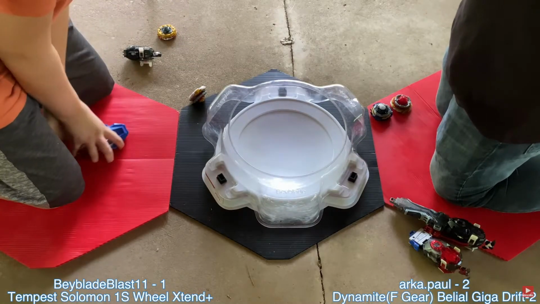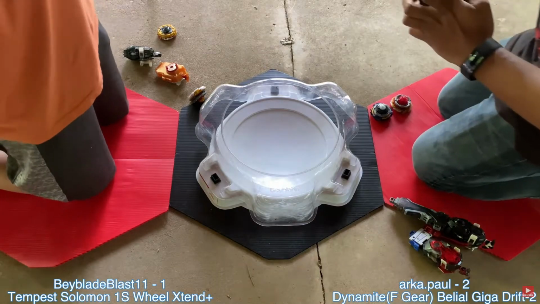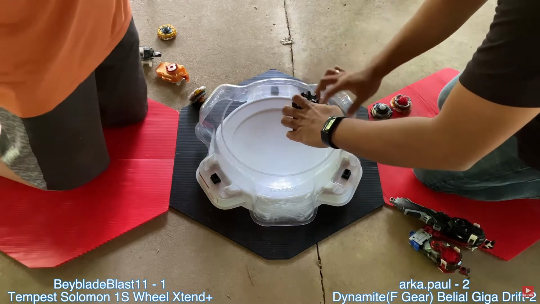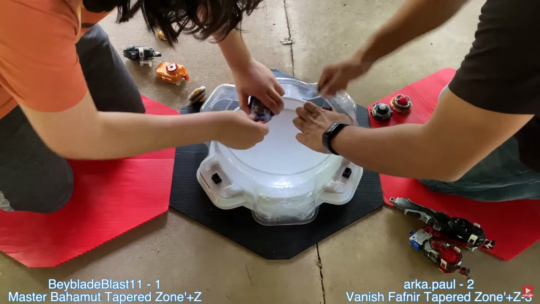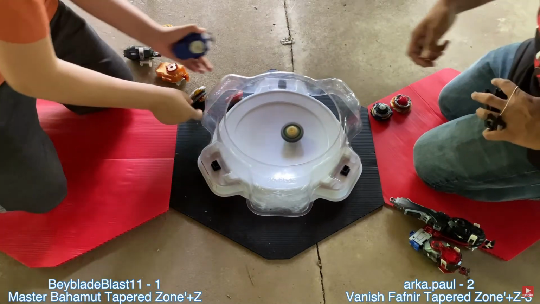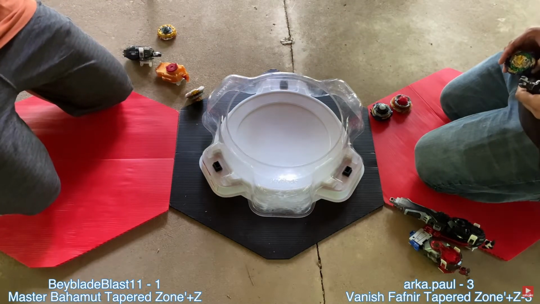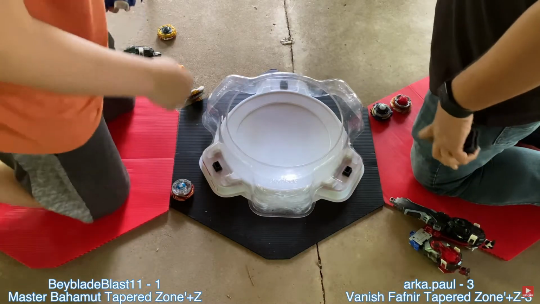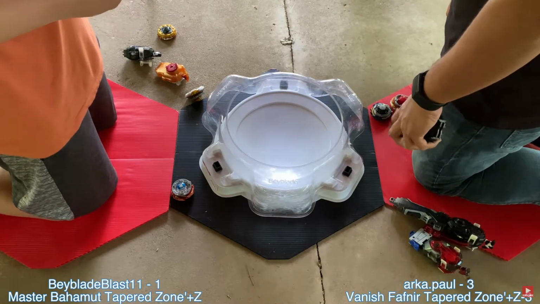So yeah, Arka decides to use his Vanish Fafnir this time. And honestly, I wasn't sure what was going to happen, as I haven't really tested the new Beyblades that much, at least not at this time. So yeah, Vanish gets a really good hit and forces Master to spin out of control. So Blast will ask for the switch, and Arka will choose to keep Fafnir, and so Blast will choose to